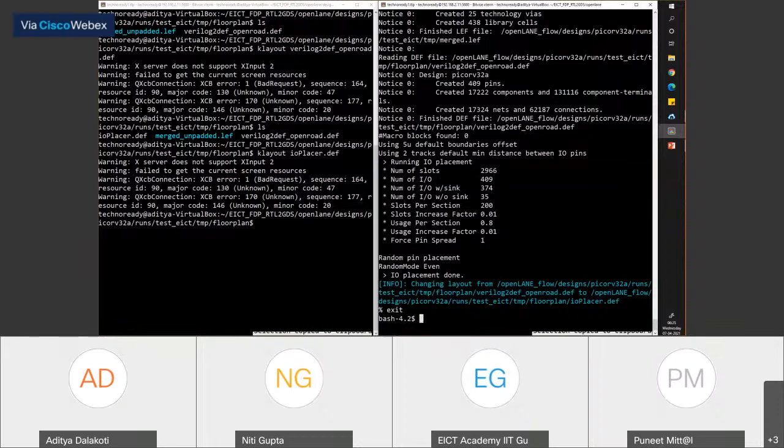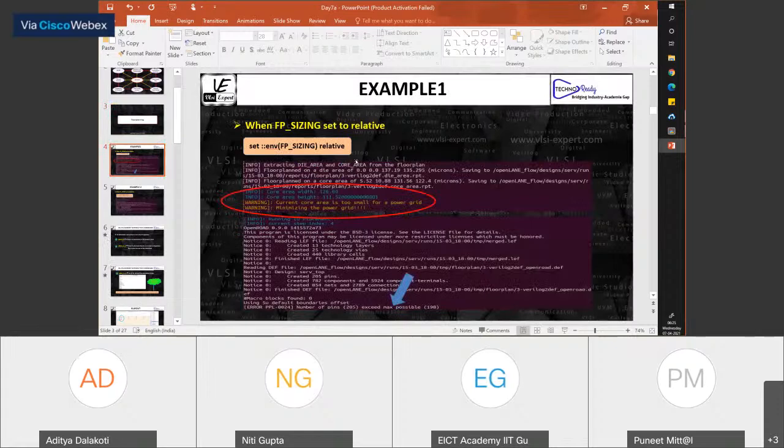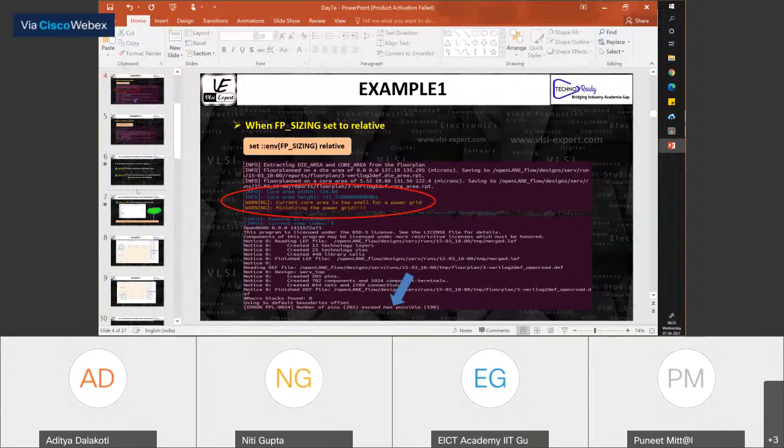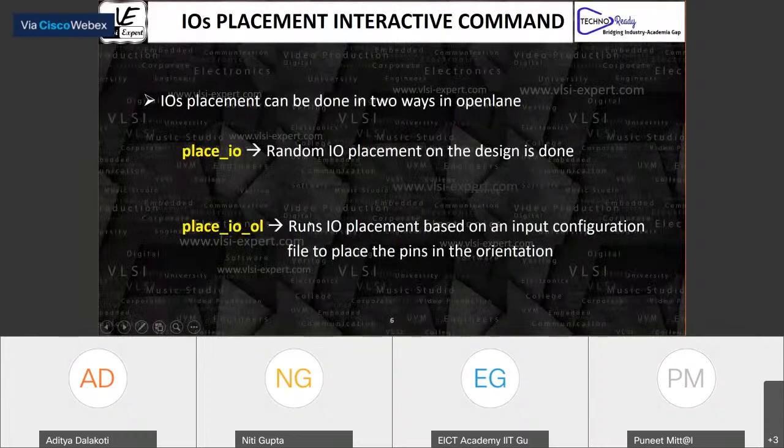We want to do certain changes to your environment before we go further. We'll come to these relative and absolute area parts a little bit later on. But for now, we want to understand the difference between place IO and place IO OL.